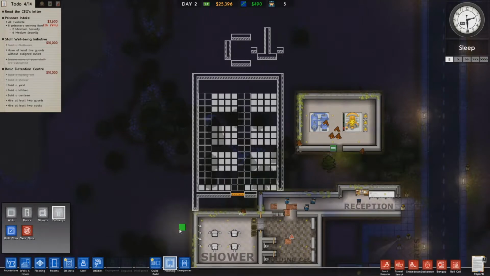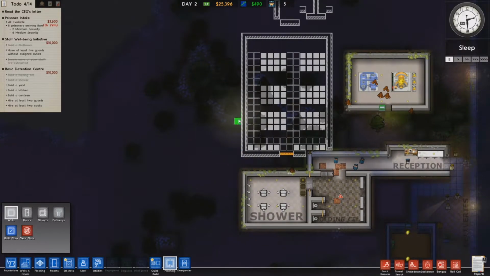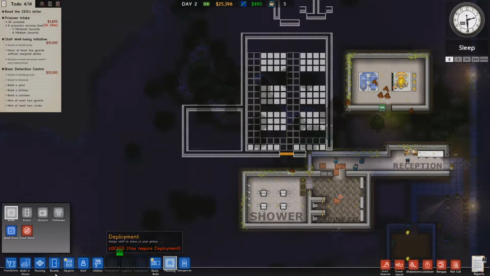That means we will need to build a kitchen though. To do that, we will want to either put it right next to it or right down here. And I'd rather put it right next to it. Kitchens don't need to be that big, I've discovered, but if you don't make them big enough, you run into problems later on when you have to feed more prisoners, because right now this can only feed, I'm trying to remember how many can fit on a bench. I think it's,